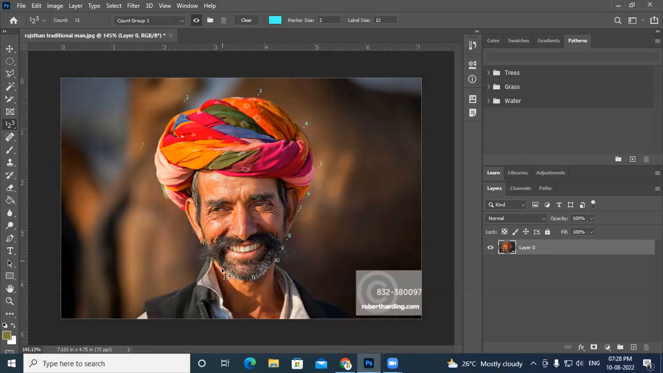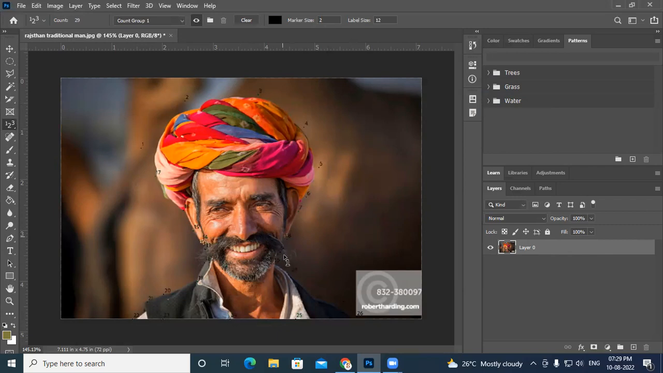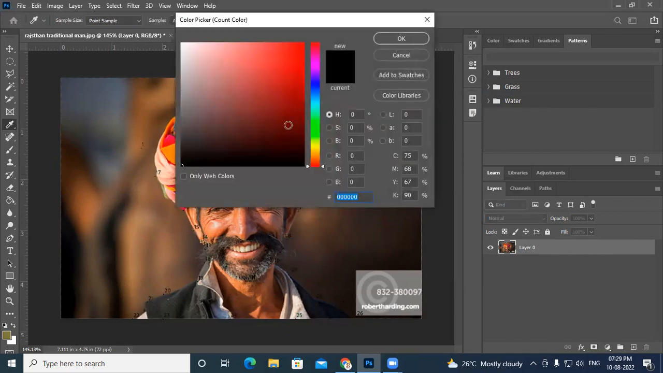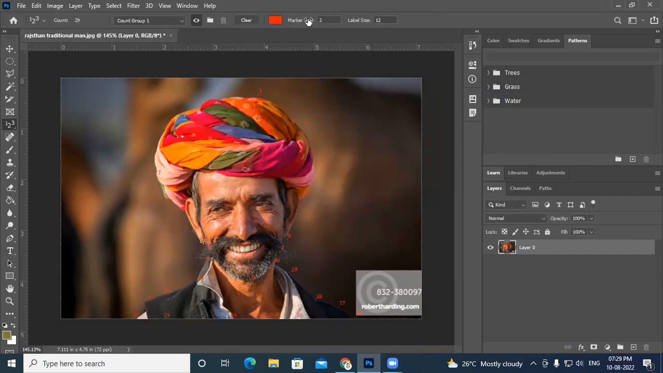Can you see the numbers? But this option is not useful to take a printout. Okay, only digital purpose. You can change the color of the numbers. Whatever color you add, it changes the color of the text. So if you add red, you will get the red color, and you can increase the marker size,